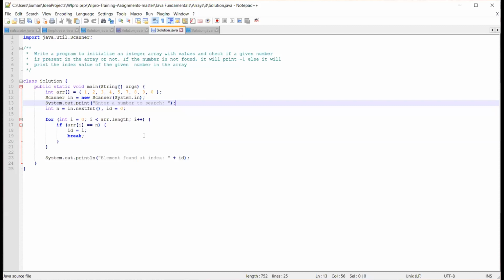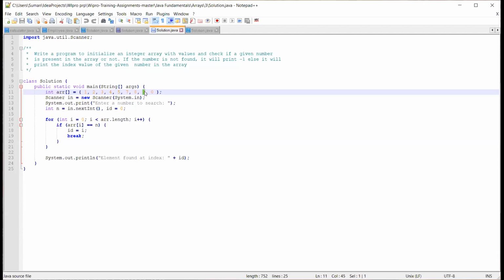If the number exists at 0, if I want to find the 9 value, array of 0 equal to 9? If it is not equal, it will break. Otherwise it will search till the ending of that index value.